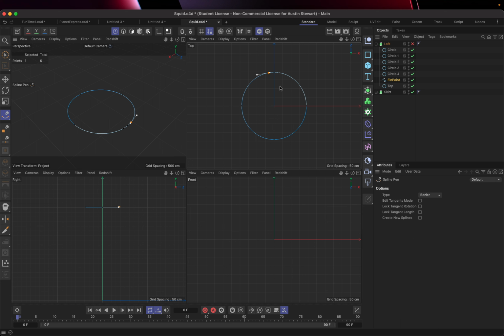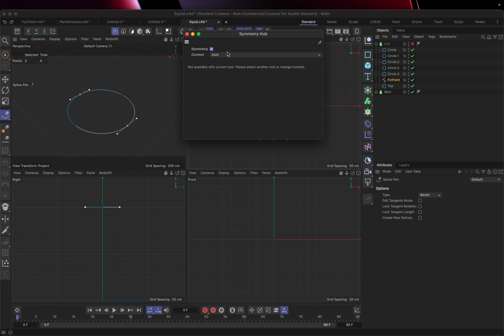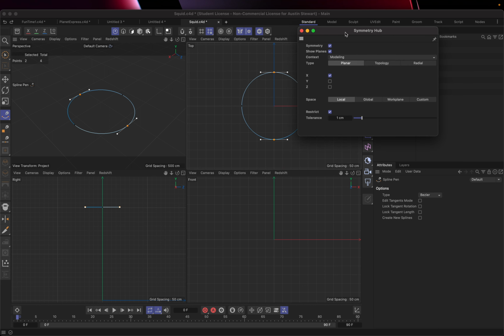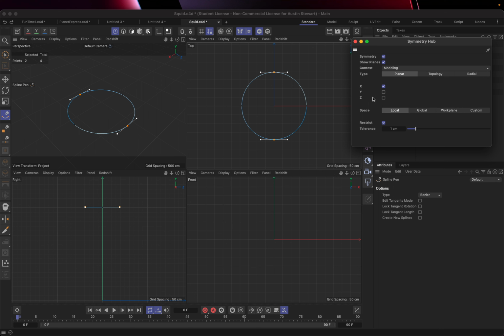Now, one of the things that would be nice is if I did not have to do this 4 times and get them offset in weird ways. So I'm going to undo that because there's a really magical tool here, which is symmetry. If I click Enable Symmetry and then click on the settings, context is auto. I'm going to say modeling is what I want. And you'll see that it allows me to say what axes I want to have symmetry in. If I just do X and I hold down Control and click,